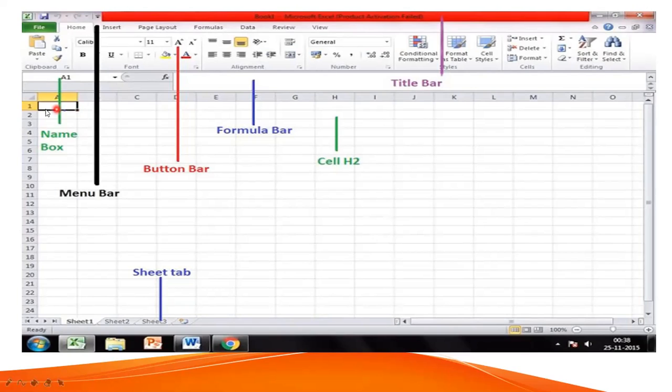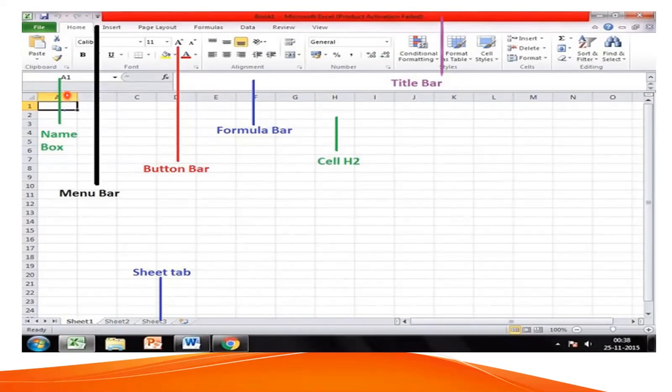Yes, this is the row and this is the column, and the combination of these is known as a cell. This is one cell, right? This is one cell, and in Excel, this is a complete spreadsheet. It is known as the spreadsheet, and it is the combination of rows and columns, right?